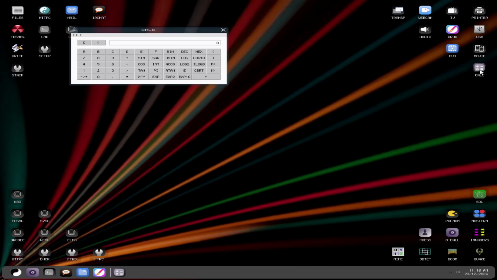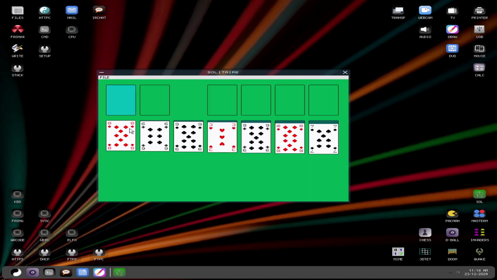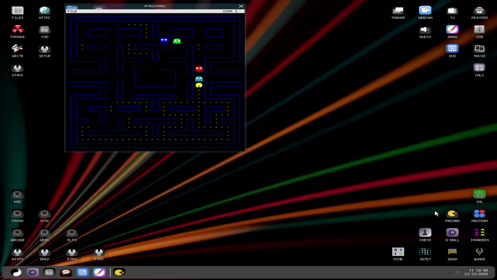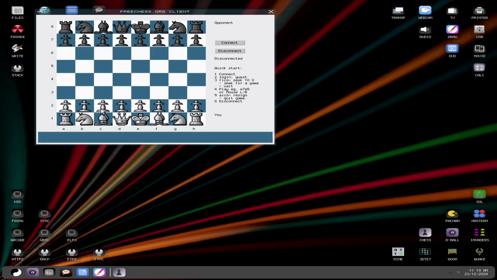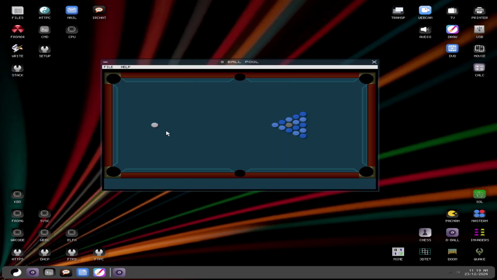And a calculator, so you can calculate stuff without Windows Recall spying on you. No OS would be complete without Solitaire. Pac-Man, cool! The ghosts don't seem to follow you in this version. Finally a version of Pac-Man I can... Oh, maybe not. Chess only seems to be available as an online game. Let's play some pool then.